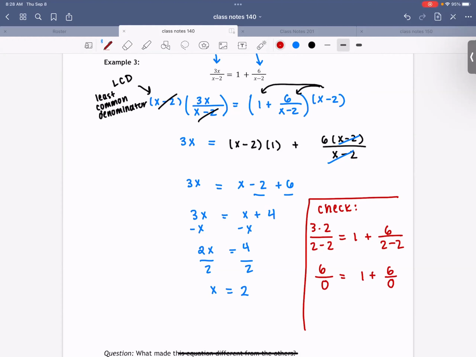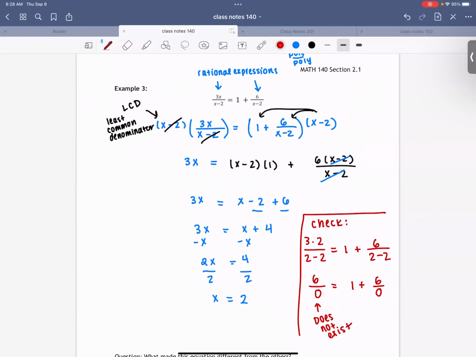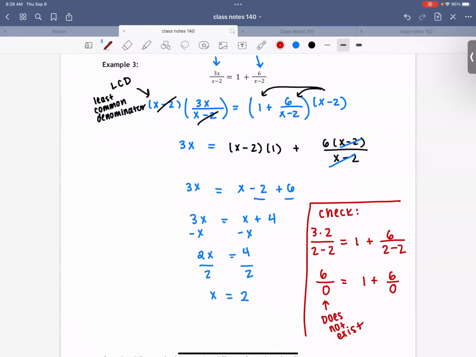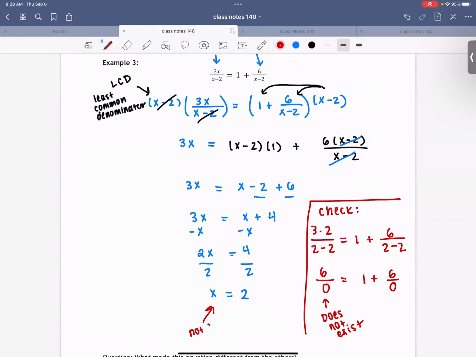Now, a lot of people are going to say that 6/0 equals infinity. It does not equal infinity. If you take a class called calculus, you'll talk about limits, and that would be infinity. But 6/0 does not exist. So this is something that does not exist. And this equation basically falls apart because we have numbers that don't exist in it. This equation that we're doing just isn't going to work at all. Okay. So, oh my gosh, is x equals 2 a solution to my equation? No, right? So the thing that we found is actually not a solution